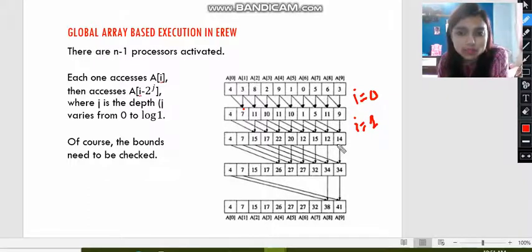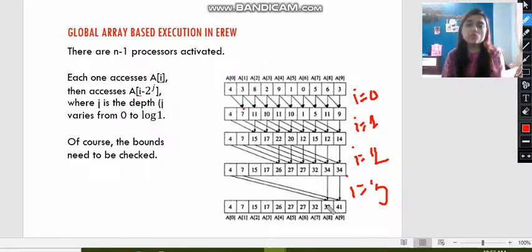Similarly we will do the operation in the same way, and later when i equal to 2, then a0 will get added to a4. Okay, earlier when i was 0, in step 1 we added a0 and a1 and stored the value at a1. When i equal to 1, we added a0 and a2 and stored the value at a2. When i equal to 2, we added a0 and a4 and stored it in a4. And finally when i equal to 3, we added the value a0 with a8 and stored the value at a8.